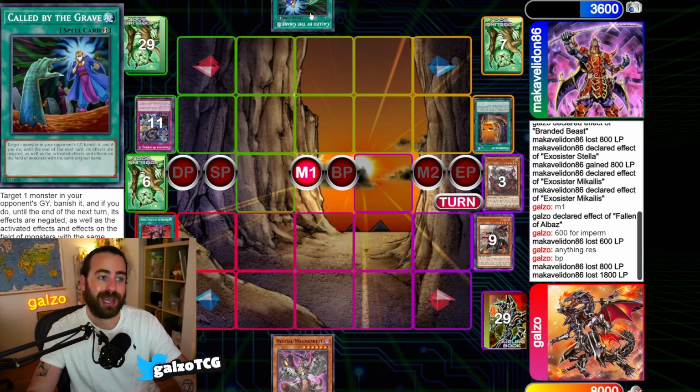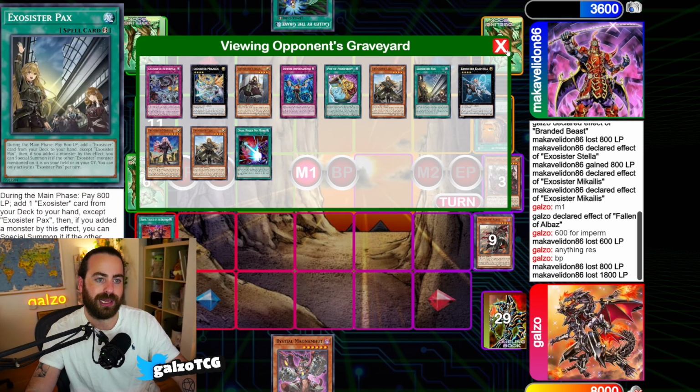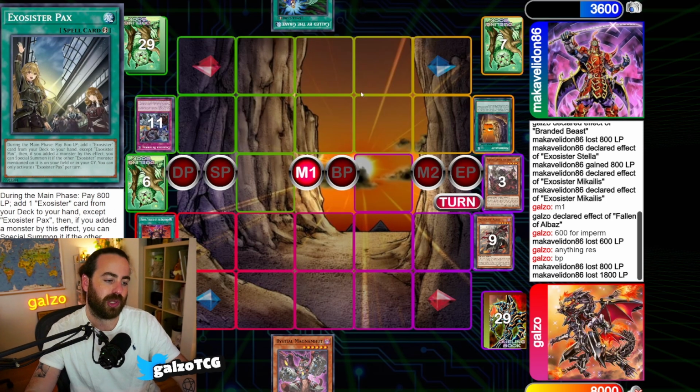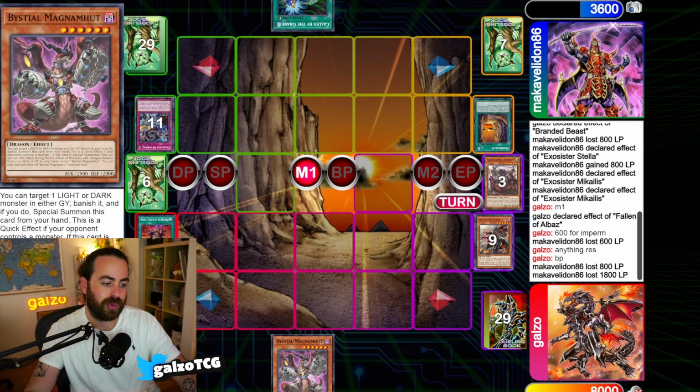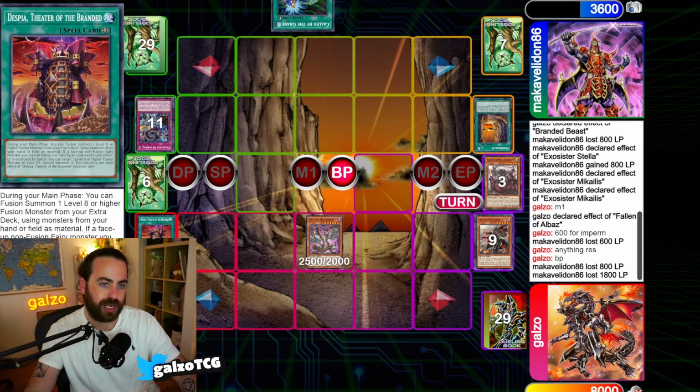They draw Call by the Grave, which is funny. I actually didn't know this up until now because I haven't watched the replay. So here I want to go for damage and go for it quick because I know that these effects require life points. So I want to get them down as low as possible. So all I need to do is just tribute summon this. The reason why I did not special...